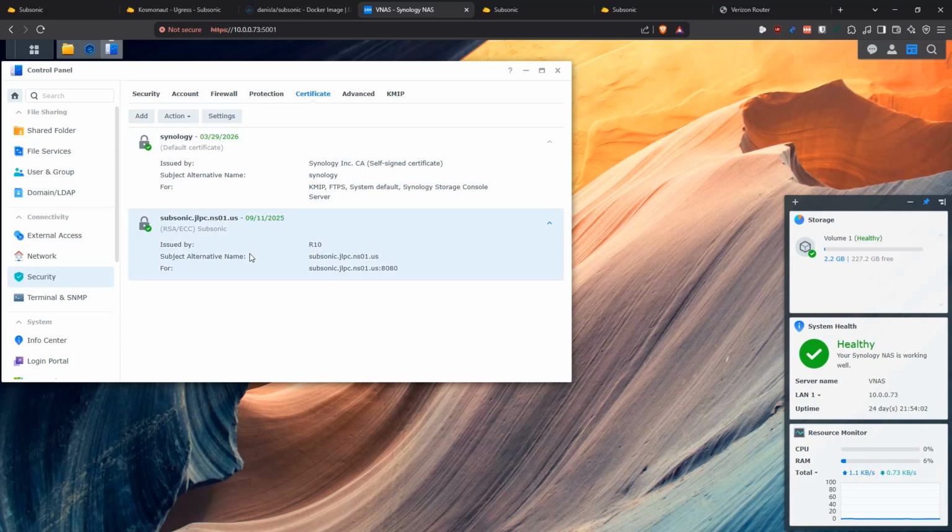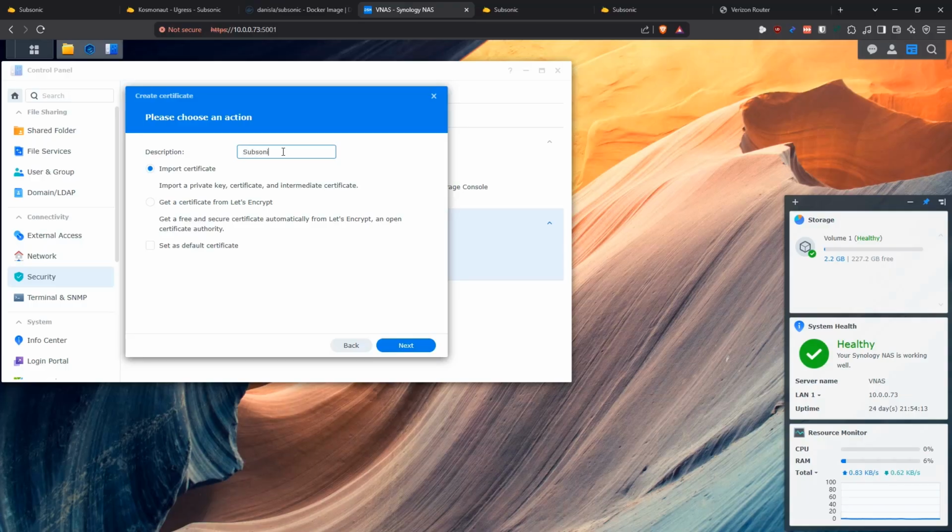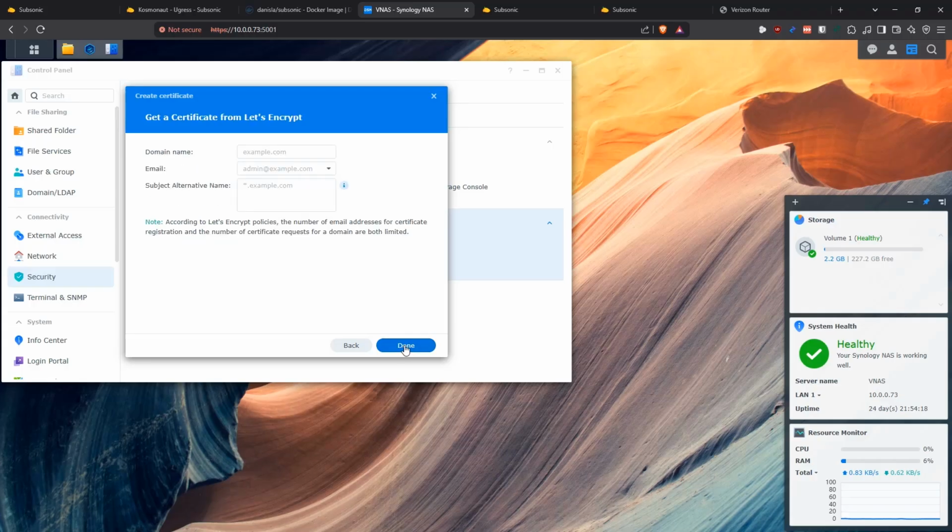So how do you get this certificate? We already have it exposed. So we need to click add. Then we say we need to add a new certificate. We click on next, and then we put a name here. So it could be Subsonic. And then we say get a certificate from Let's Encrypt, and then you click next,